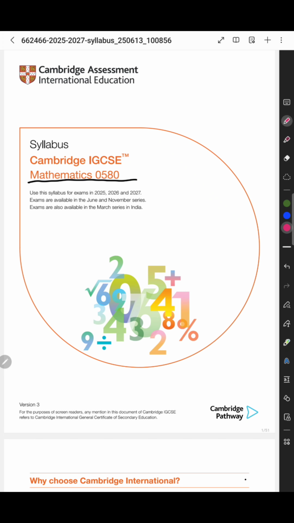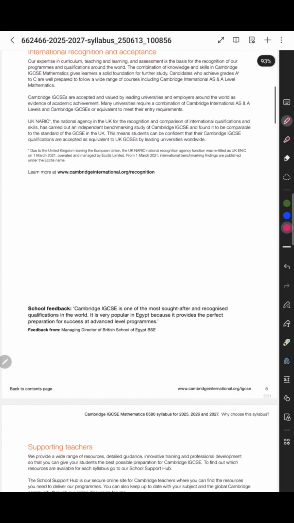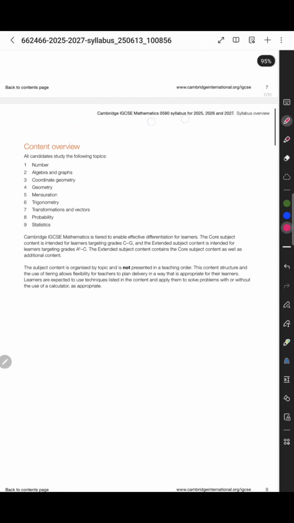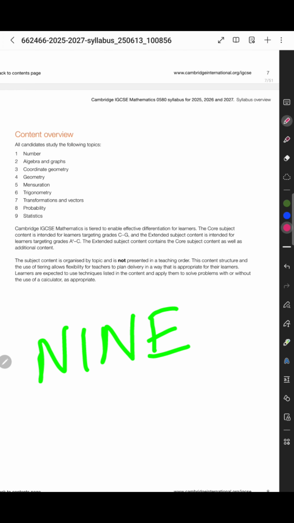First, let's look at the content. All students study 9 core areas. These range from foundational number work